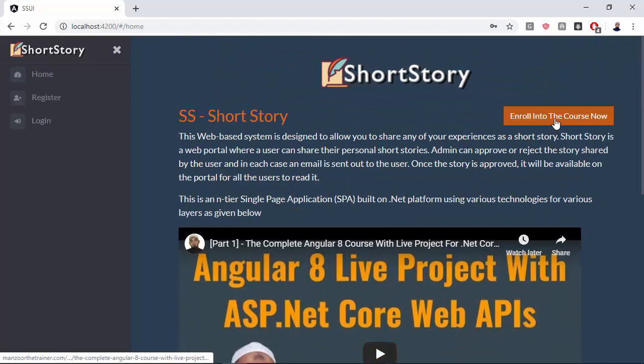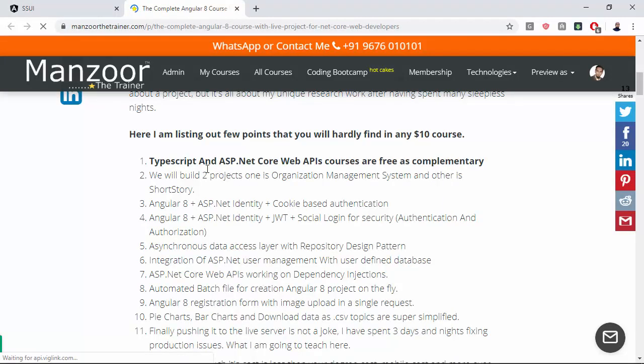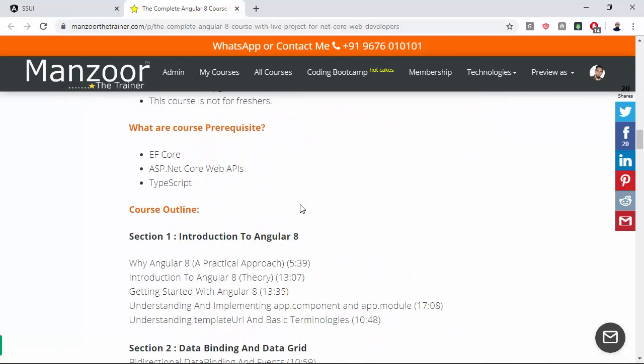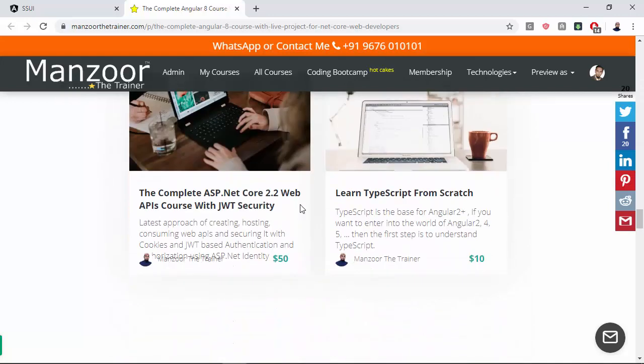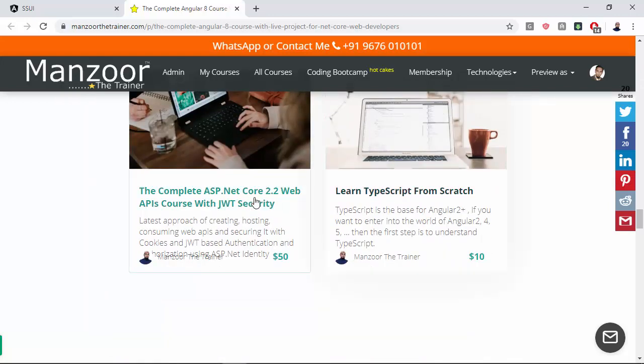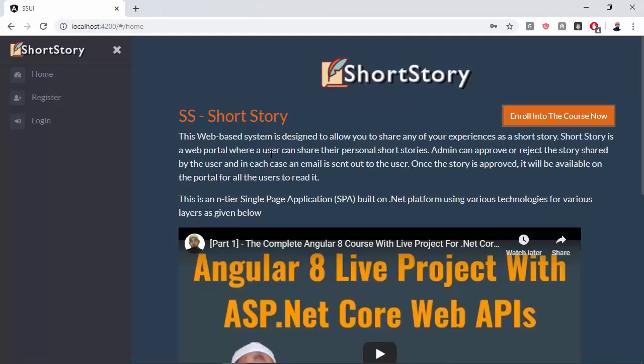You can enroll into this course from here and you can see this TypeScript and ASP.NET Core Web APIs I have included as complimentary for the people who enroll into this course. So once you enroll into this course, you will automatically get these two courses. So these are the prerequisites for you to understand.